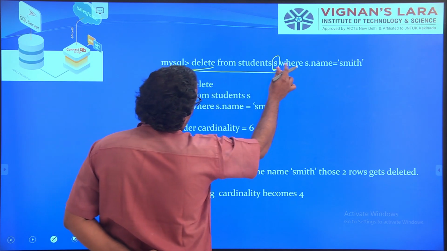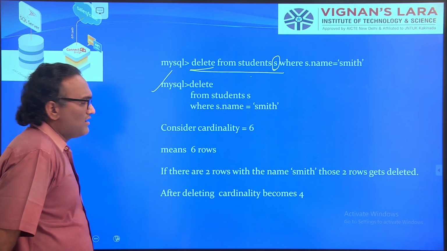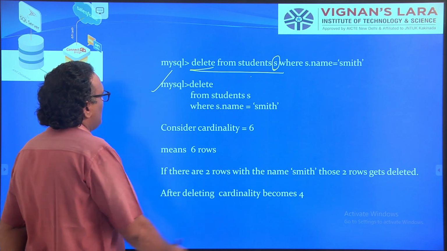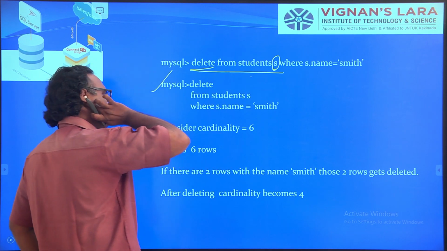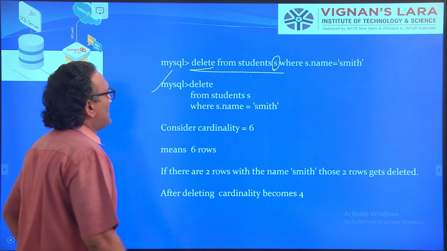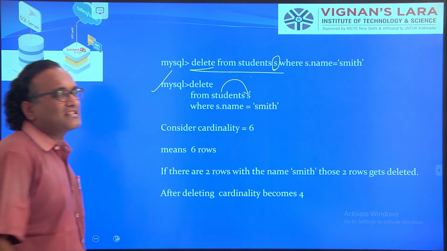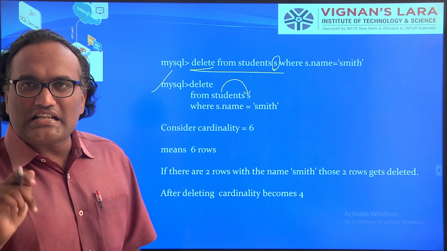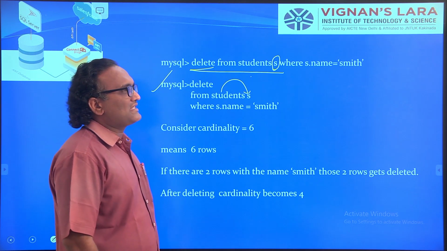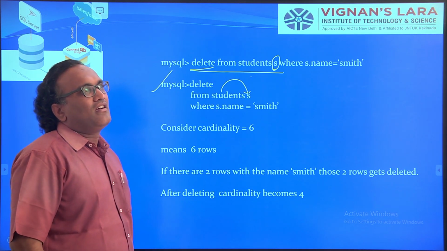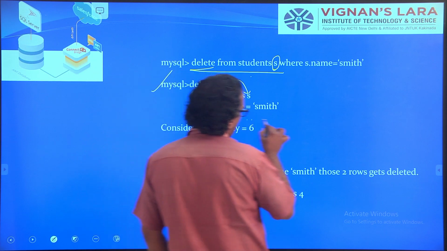You can also write this SQL statement like this: delete from students S. If you want to write delete from students S in one line, you can write delete from students S. In future, students is called S. S is the alias name for students. So how can you access an attribute using the table name? Using the dot operator.